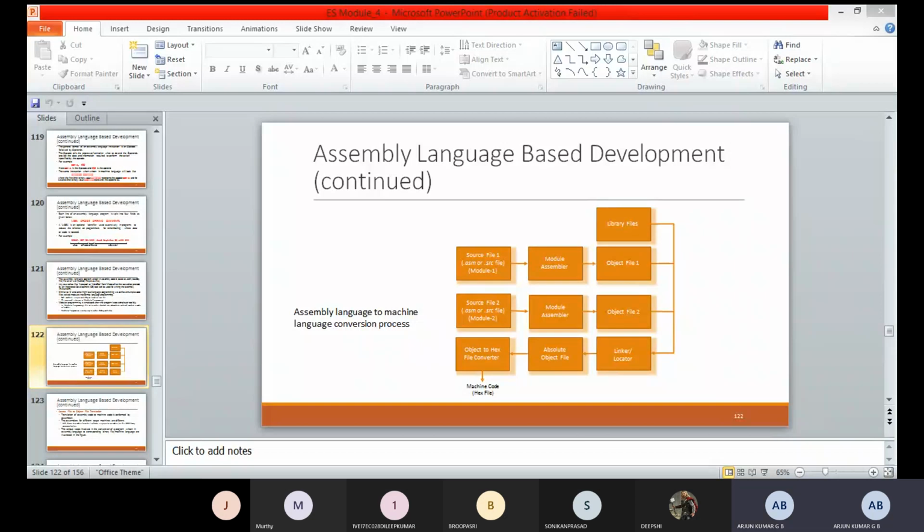After creating the corresponding object file from this assembly language, we go for creating the library files. So, the library creation and then its usage. See, in the library,